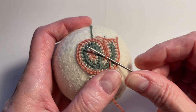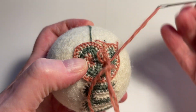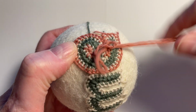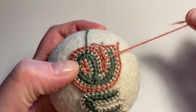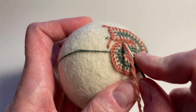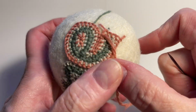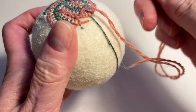I'm going to go underneath each stitch opposite. I find it looks a little better than doing a whip stitch, or maybe I just prefer the look that I get when I do this. To me, it looks as though there's hardly a break in the fabric that I'm creating here. It doesn't look as much like a seam as it does when I use the whip stitch. Okay,